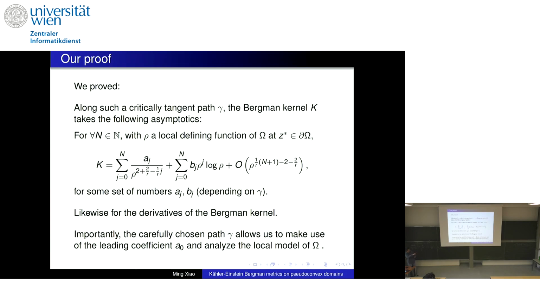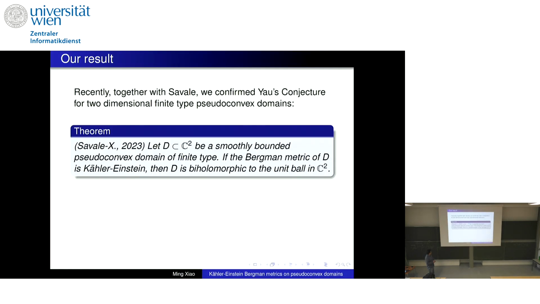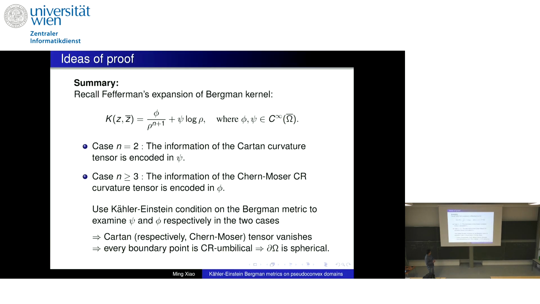But it appears difficult, and the easiest case is to relate A0 to the geometry. It seems to me that in general, being able to say new information about the Bergman kernel, interpreting those coefficients, exactly. That's how people did it in the strongly convex case, which is to interpret